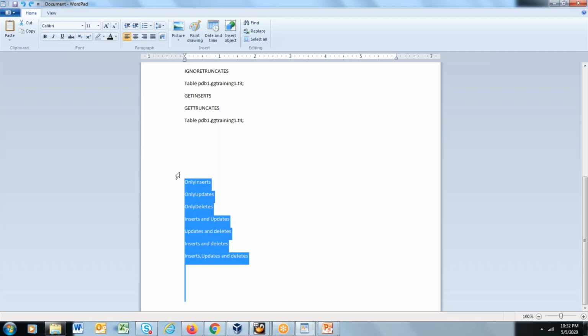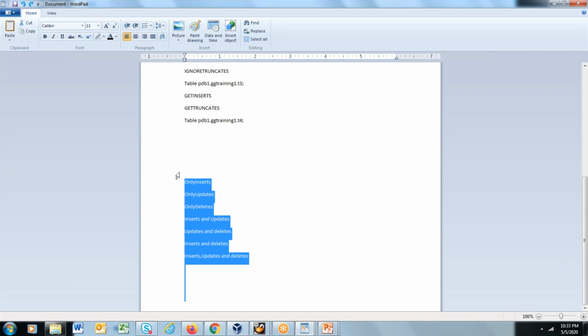Whatever deletes happen in the source, you don't want to apply on the target. There are different business requirements and business intelligence needs for these cases, and depending on that you have to meet the requirement. The customer can have any requirement, and based on that you can achieve it.